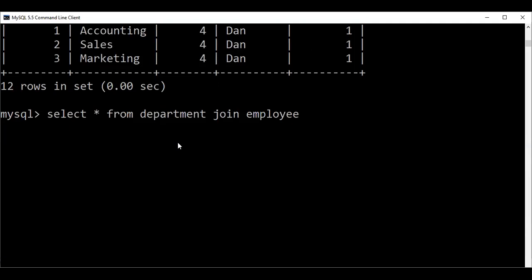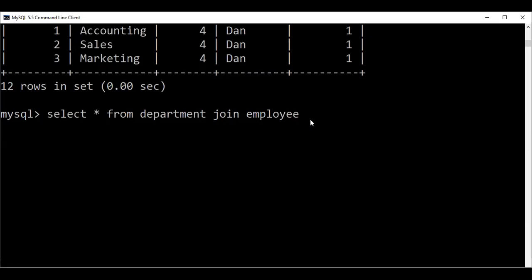Then you need to utilize some equal operator, because inner join will be either a natural join, or an eq join or non-eq join. If you are not using any operator, this will become a natural join. Please remember, natural join can only be applicable under a certain condition, which I will tell. Whenever you use join with department, you need to specify some operator. In the first case, if you are not specifying any operator, this will become a natural join, an inner join.